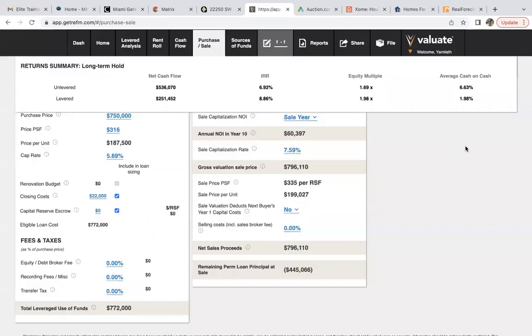All right, we are now looking at a different story. We're looking at 8.8% internal rate of return with almost a 2% cash on cash. So work these numbers, guys. Go to cash flow, see what your monthly cash flow is, what your yearly cash flow is, and present this